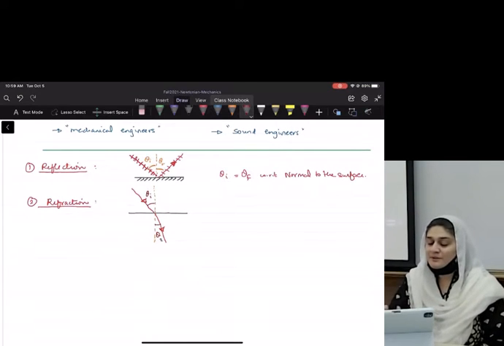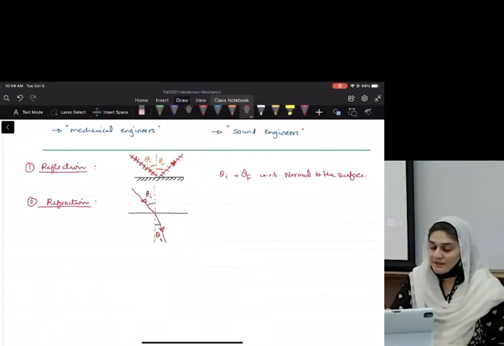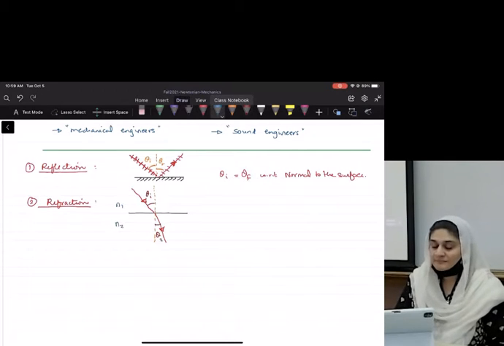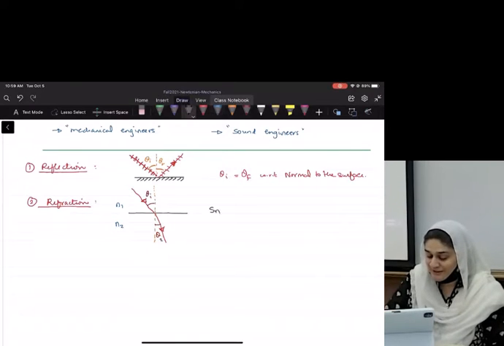And anybody remember the law that this follows? If this is N1 and this is N2, it's called Snell's law, which was defined as